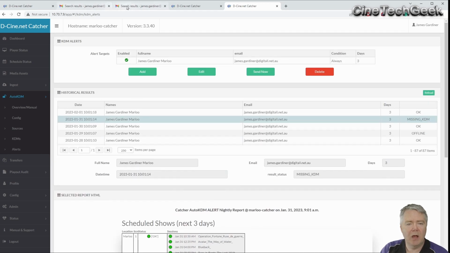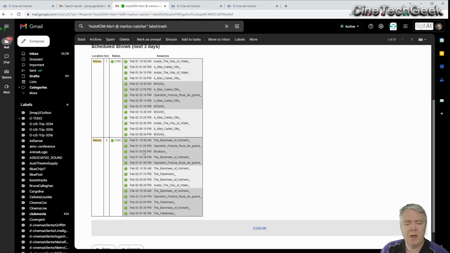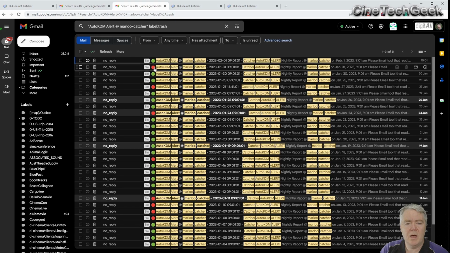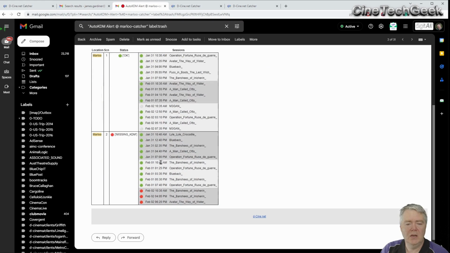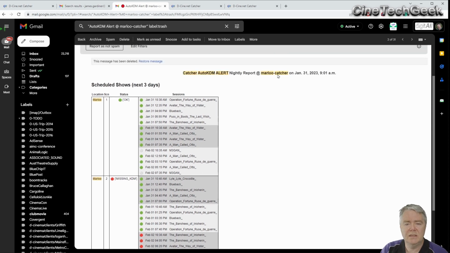If I go to my emails here, you can see that it's emailing me that information. It's the same as what was coming before, and in the emails it's got red or green markers indicating that it's seen a problem, and you should have a look at why that problem's been caused. In this situation, I kind of expect it to happen every period, because they actually don't send me the KDMs in advance